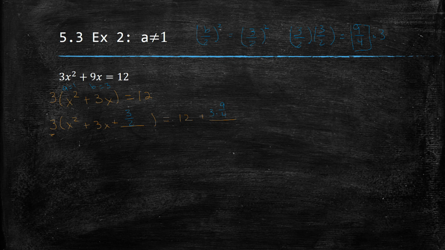So now we're going to go ahead and simplify this. 12 plus 3 times 9 over 4 is 27 over 4. And if we want to simplify that even further, you could always plug it into your calculator, or you have to have a common denominator, so it would be over 4, and then 4 times 12 is 48, which is eventually going to become 75 over 4. Okay, so that's what we have on the right hand side, and we'll come back over here and look at the